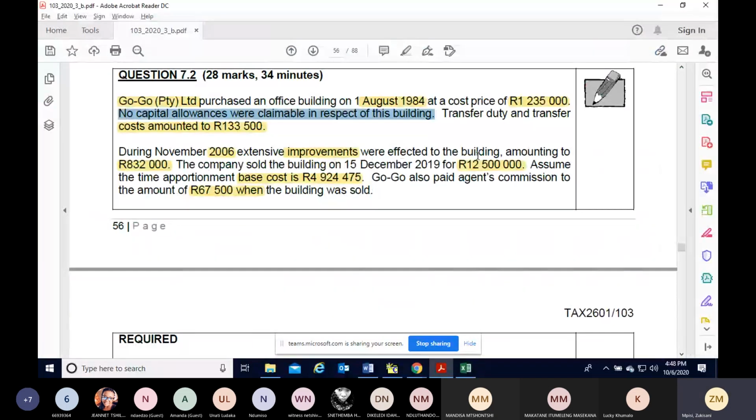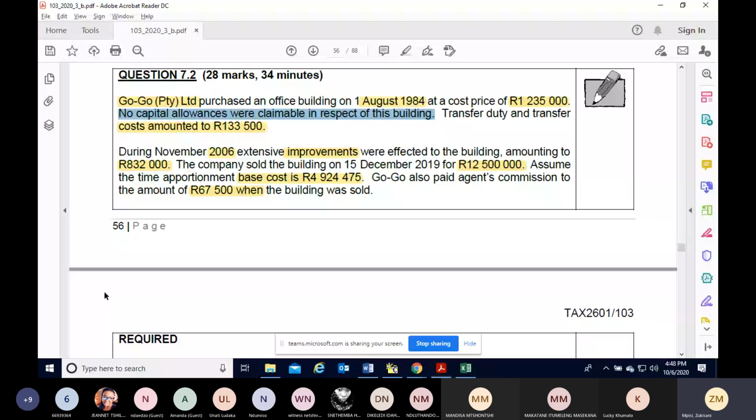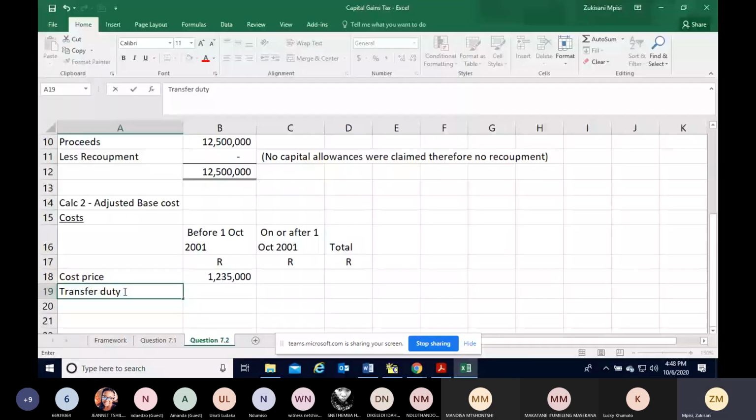You are then told that the transfer duty and transfer cost amounted to, so from here, you have things that are included in the base cost, which in this case, for this purpose, we're saying that these are things that you are adding. So what are you adding here? It will be transfer duty. So it's transfer duty and transfer costs. And as far as we are concerned, this would have been incurred in 1984 as well,